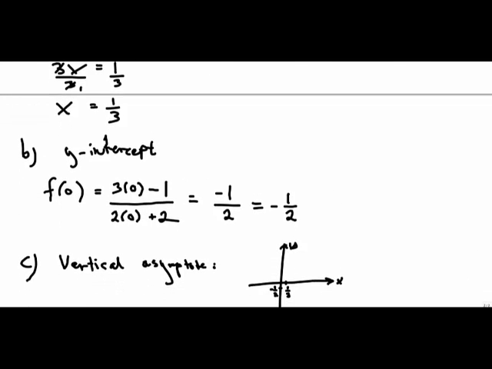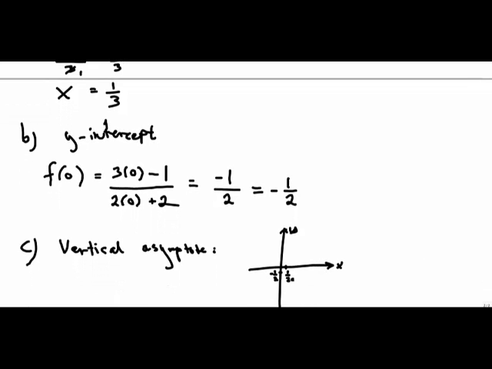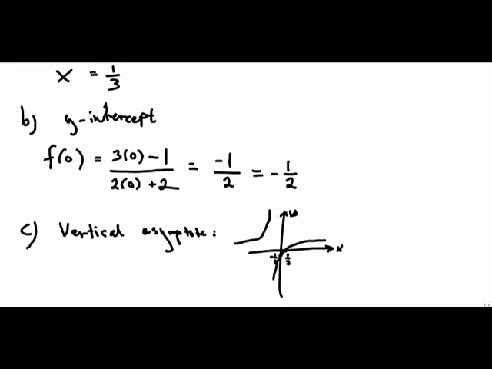So maybe it looks something like this. And then the other part has to look something like this. That's our guess. Let's see if we can confirm this, or if we have another idea of the function when we find the vertical asymptote and the horizontal asymptote. So let's have a look at